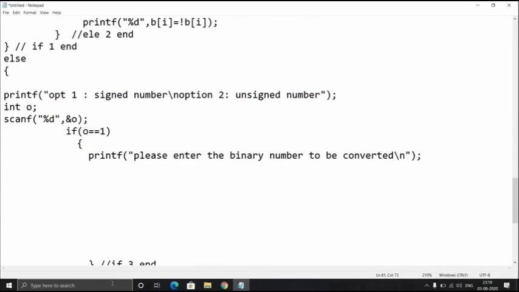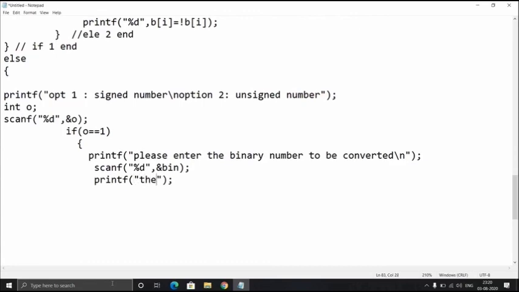He has to enter the binary number in 2's complement format. Since it is a signed number, he should enter the MSB as 1. He or she should enter the entire 8-bit number. I included the statement to take the input from the user.